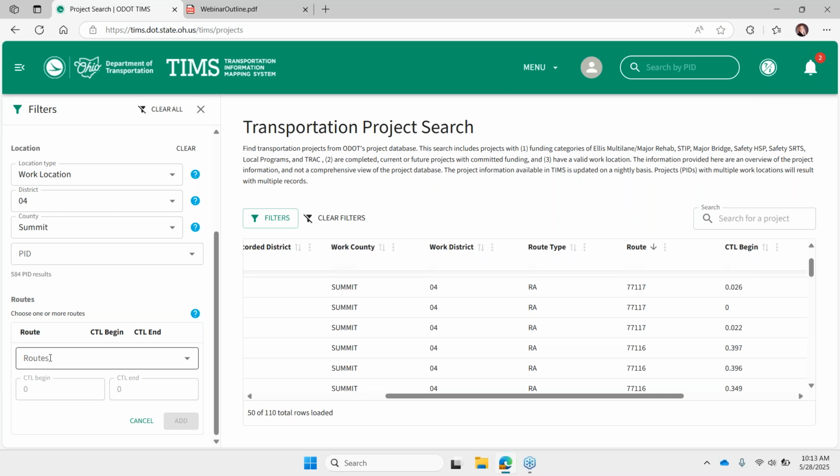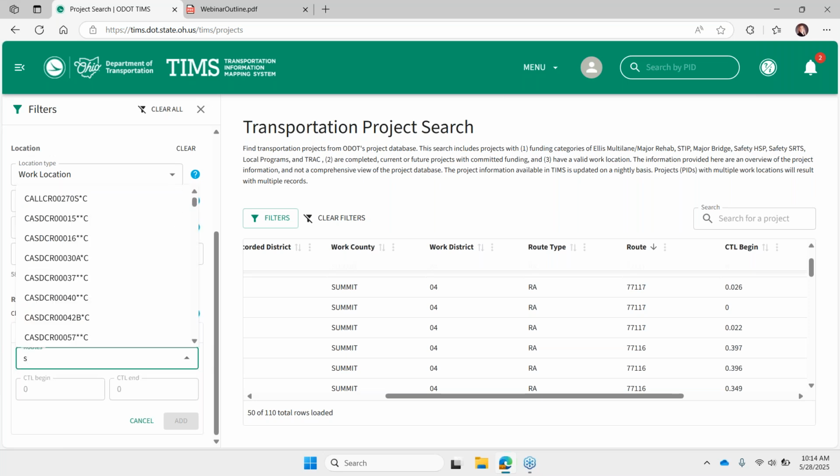Every road has an NLFID, a unique value. It's kind of a smart value though. So if you're familiar with the format, you can start typing in any portion of an NLFID. So you can see I don't get a full list of the NLFIDs. I mean, there would be thousands, but I can start typing any portion of it.